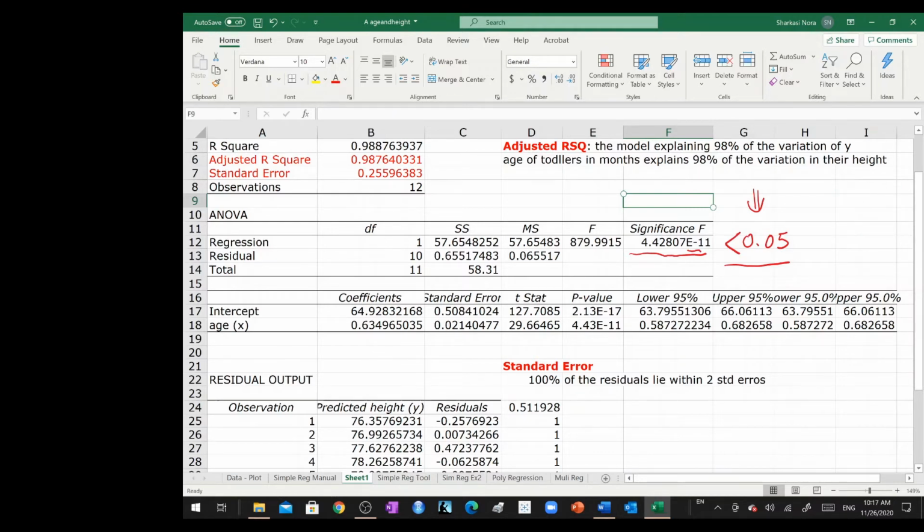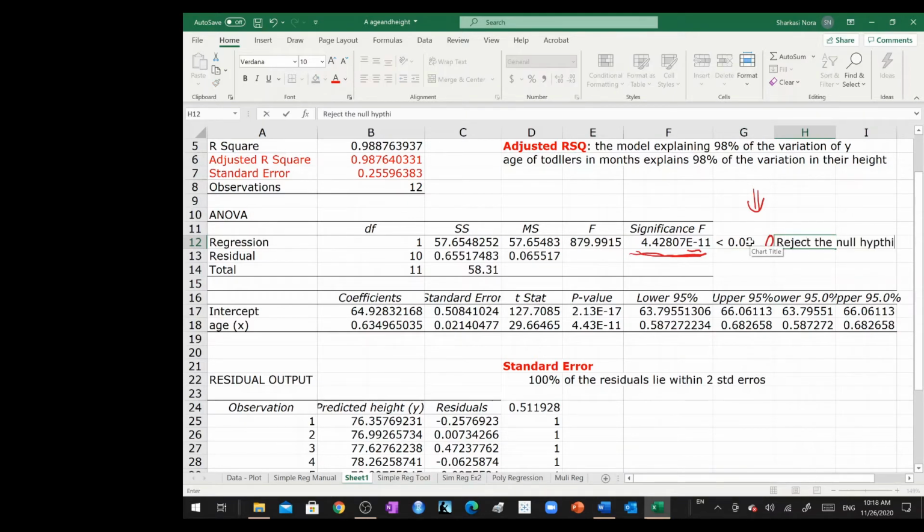Okay? So 2 digits after the point. So over here, you can say that this is an 11 digit shift and zeros. So this is definitely less. So we can reject, or let me type it better than my horrible handwriting. So basically over here, we say that this is less than 0.05, and this means that we can reject the null hypothesis